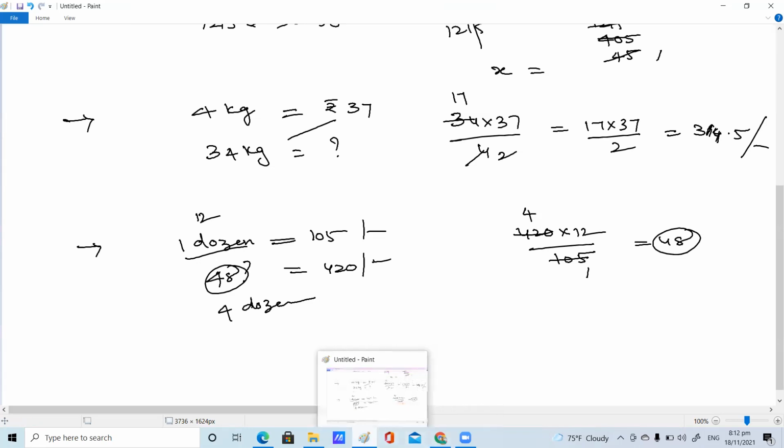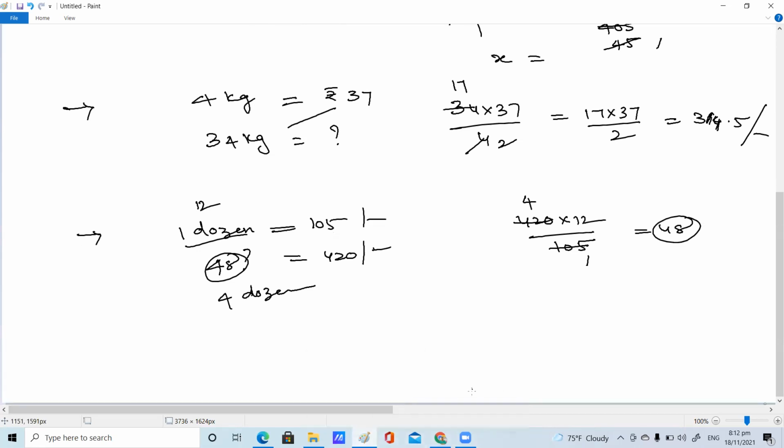Right. Next, one more application. A man walks 46 kilometers in 3 days. In 3 days, how much is he walking, children? Are you walking regularly, children? Do some exercise, some kind of exercises, please do, children. It makes you healthier. A man walks 46 kilometers in 3 days. In how many days will he cover 115 kilometers? 115 kilometers, how many days?